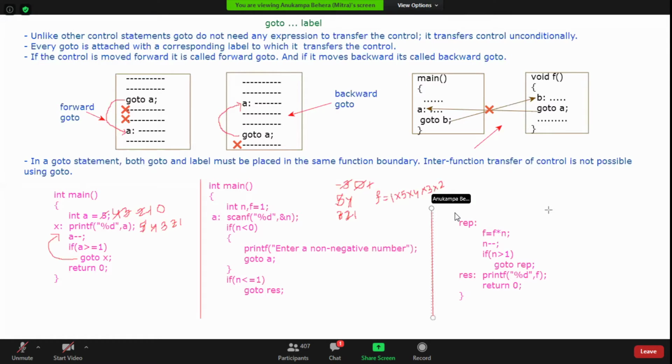Everything is correct. But most of you have not taken care of this part and this part. 0 has to be taken care of. So it's a loop, any loop. As we have a backward go to control, we can always write loops.